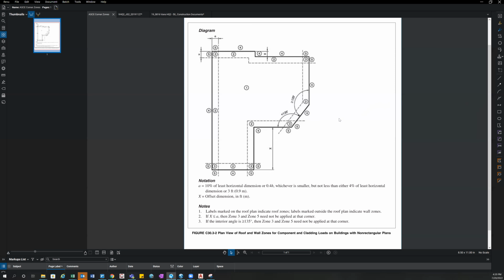And to calculate the corner zone without the wind load chart, it would be just finding the least building width of the building and multiplying that by 0.1 or 10%. And another thing you're going to want to ensure is that the return wall of that corner zone is greater than the distance of the corner zone, as noted here, note 2